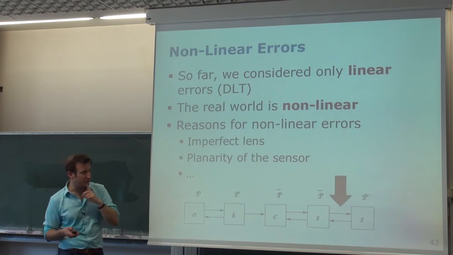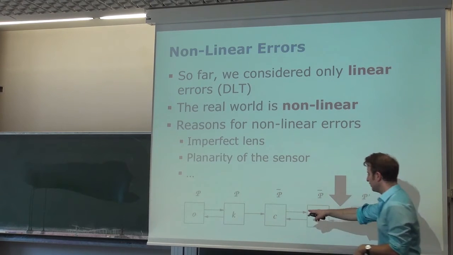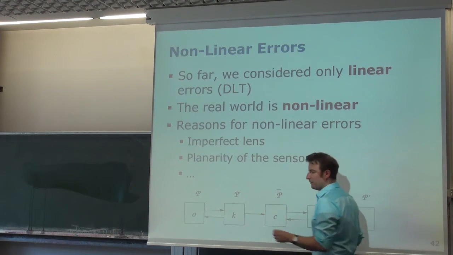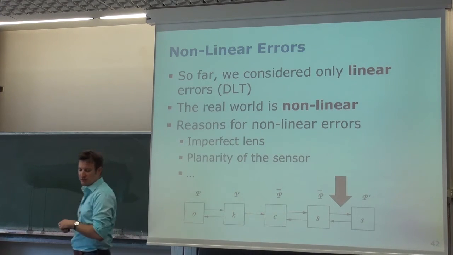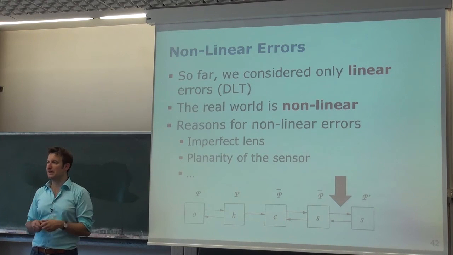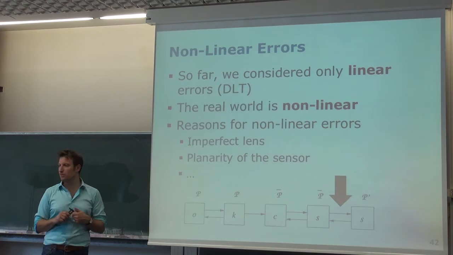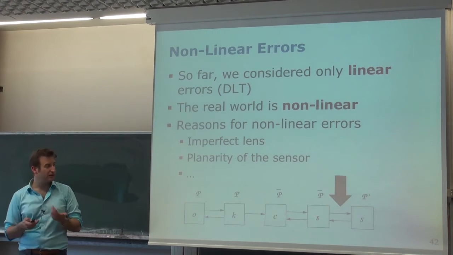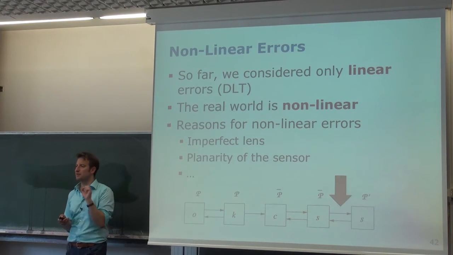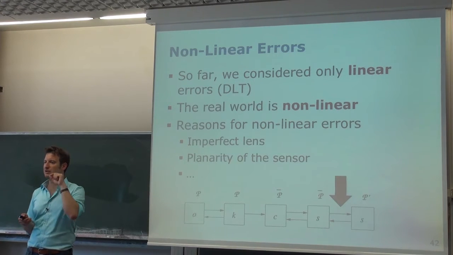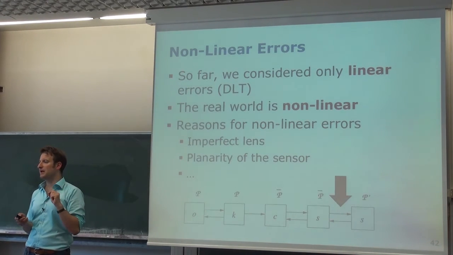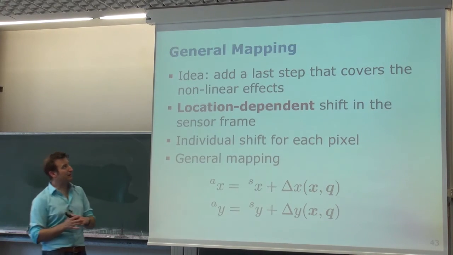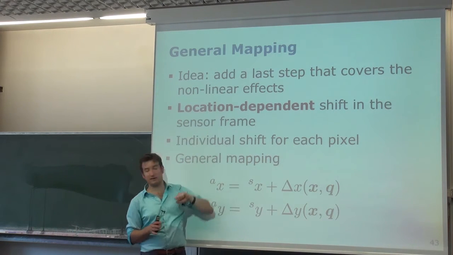So we're now looking at the nonlinear error, so we're in the last step of this chain of transformations. We are still staying in the sensor coordinate system, but we want to map a nonlinear change in those pixels. This is a general mapping, which means that every pixel, in theory, could be mapped to a different pixel location. This is a transformation which is individual for every pixel, so it's a shift in every pixel. Every pixel is shifted to a different location, and where it's shifted to can be independent for every pixel. So the general mapping is location dependent,